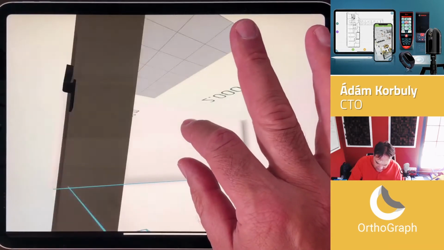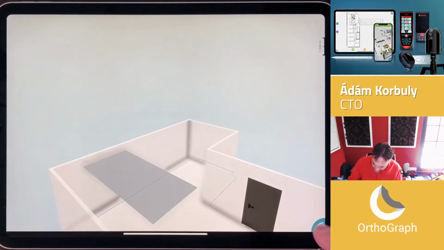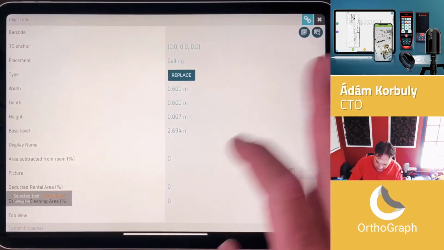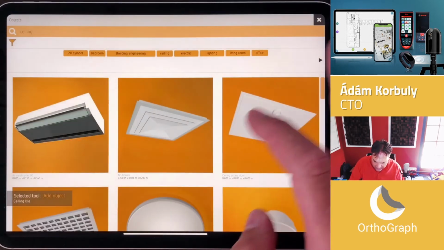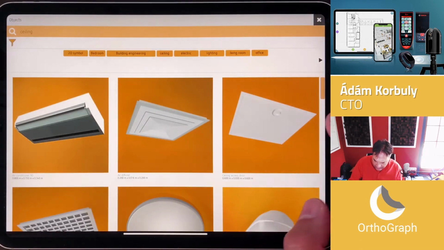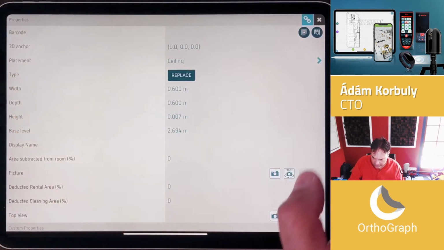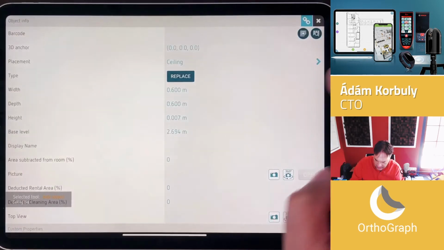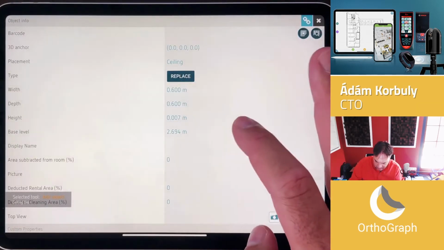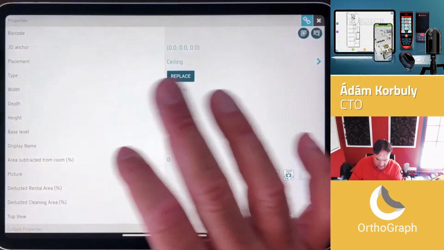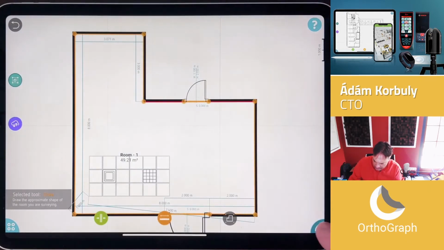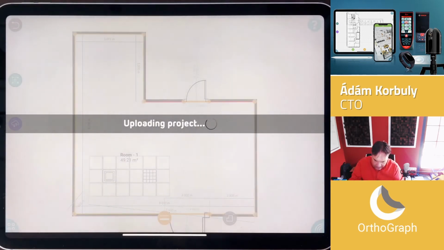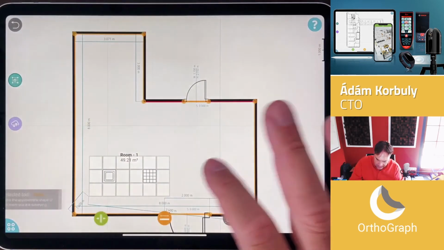So if I want to say that it's nice that this looks this way, but I'd like to replace some of the elements, like I say that, for example, this element must be replaced with something else, for example an air vent, how it's called, air diffusion element, and the other one, this here, should be something like this here. And now if I upload it to OrthoGraph Cloud, then I will be able to export out the whole